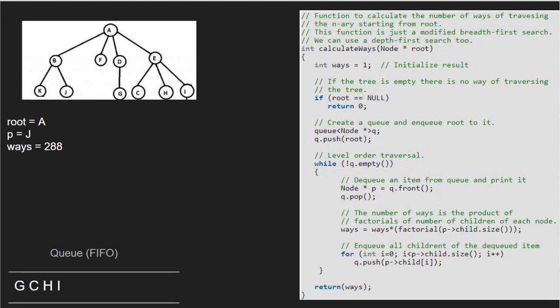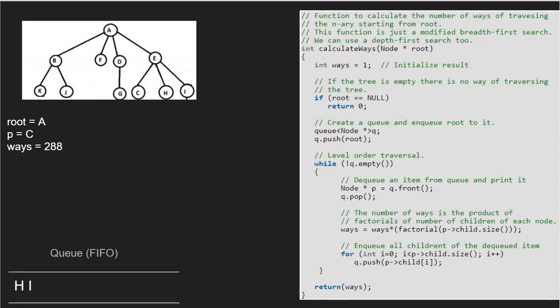We continue with the while loop and now P will point to G and G will be dequeued. G is also a leaf node, so variable ways remain the same and nothing is enqueued. Next, P will point to C and C will be dequeued. C also doesn't have any children, hence nothing is enqueued.